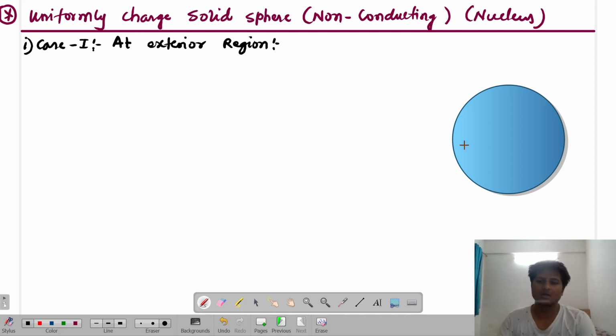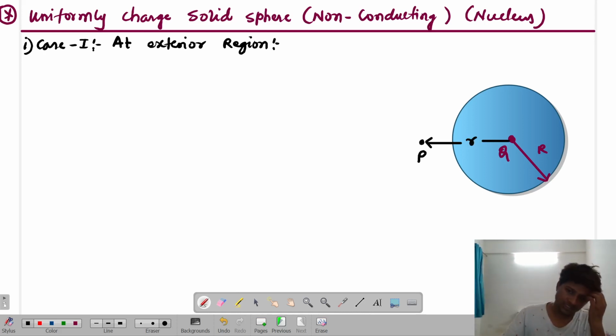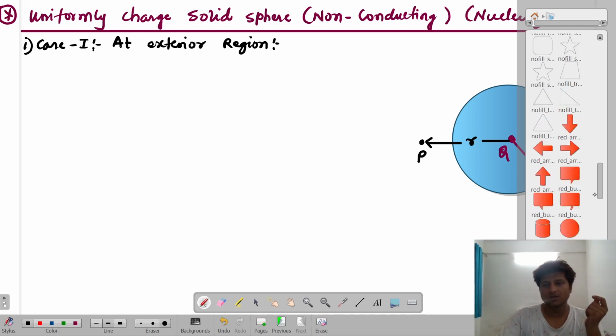Let's suppose this has radius R, and the charge which was given was capital Q. When we consider an exterior point, let's suppose I consider some exterior point, located at some distance from the center. For that exterior point I need to generate a Gaussian surface,